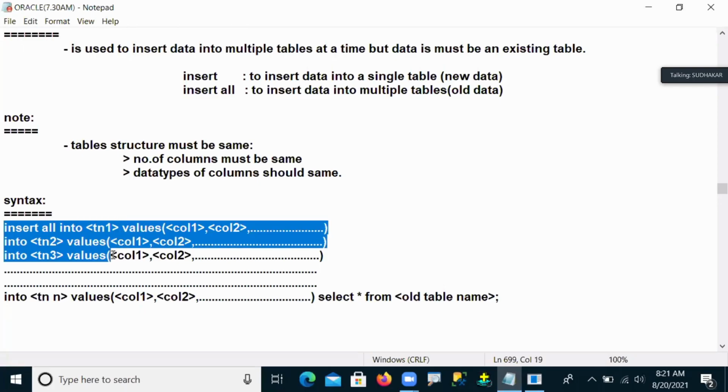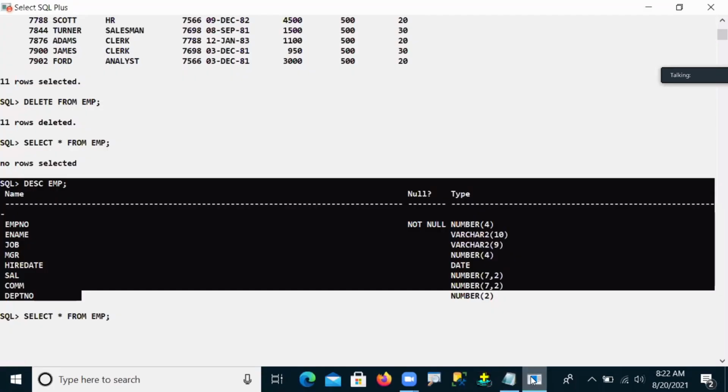What does the syntax mean? Retrieving data from the old table, and that data we are inserting into other newly created tables. So this is what you should remember. Now let's come back.